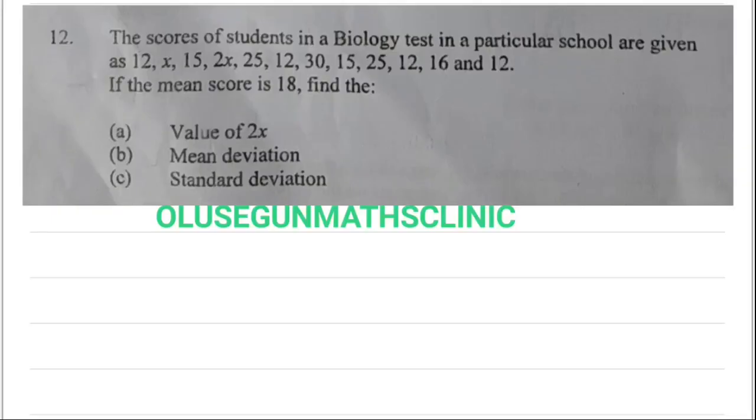Question 12. The scores of students in a biology test in a particular school are given as 12, x, 15, 2x, 25, 12, 30, 15, 25, 12, 16, and 12. If the mean score is 18, so what you do is, they said if the mean score is 18, meaning that